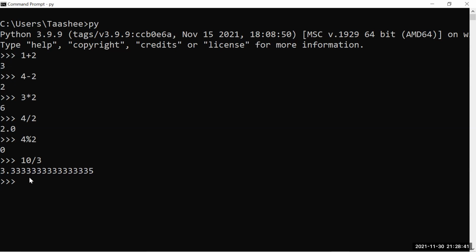Whereas we also have another division type called integer division, which is going to give an integer value in return. If I say 10 double backslash 3, what are you expecting from this? 3. Why? It removes all the floating points and gives the integral part of the quotient. This is called the integral part, and this is called the decimal part, right? So only the integral part will be given as the output in Python. Okay.